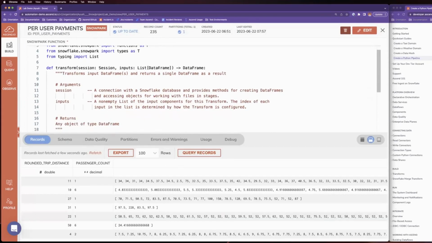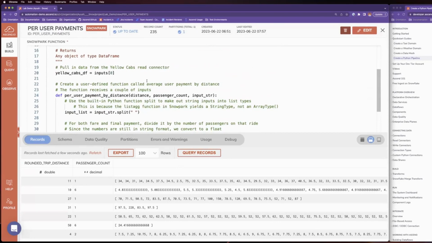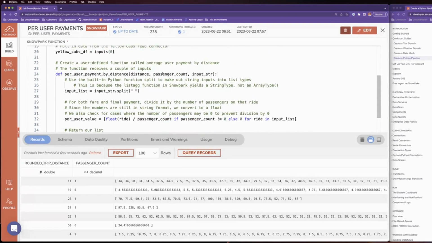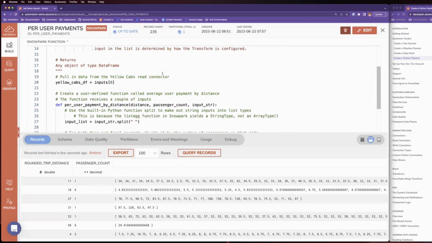I'm going to skip over this again. This should look familiar, and you're going to end up with a better transformation than if you had actually added the code. But now let's say we're working with the yellow cabs data. And apologies for not following along here, but you have all the code here for part 2. Now we're on step 3. And again, you can copy all the code here. But this code will be taken from the yellow cabs read data that we had earlier, the read connector data.